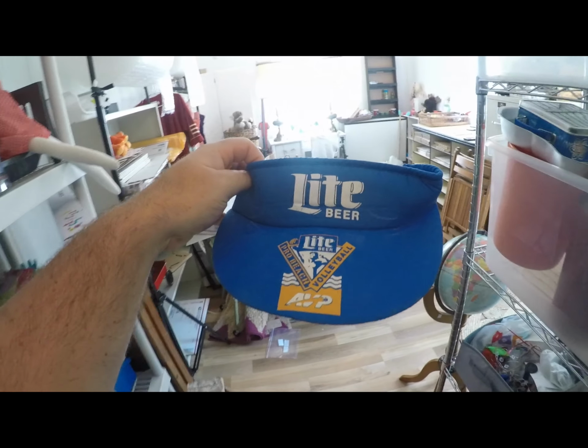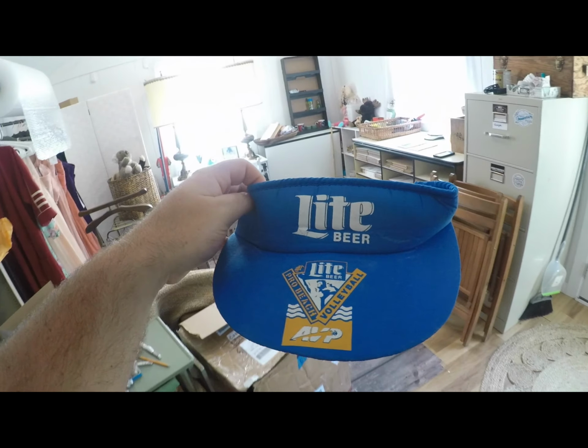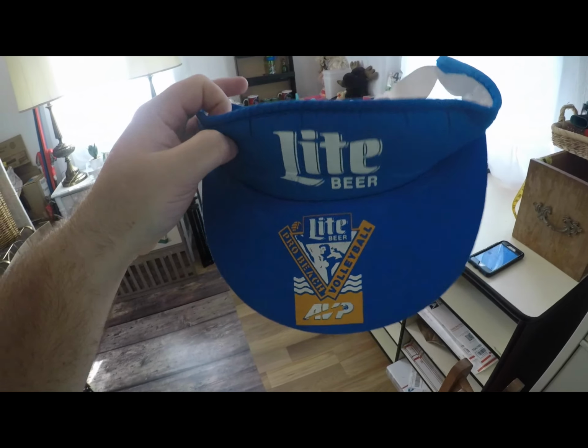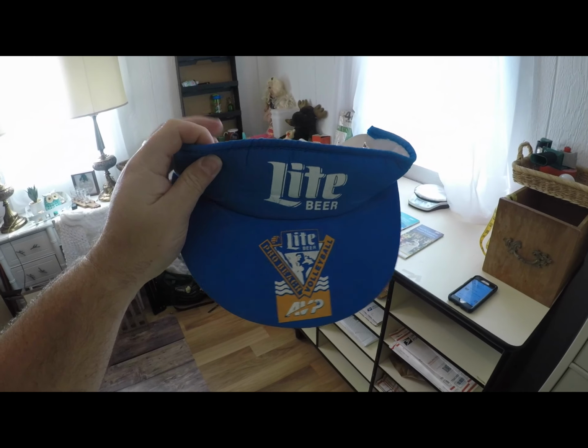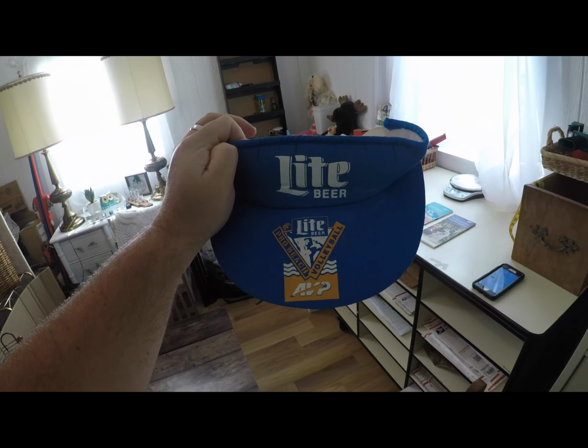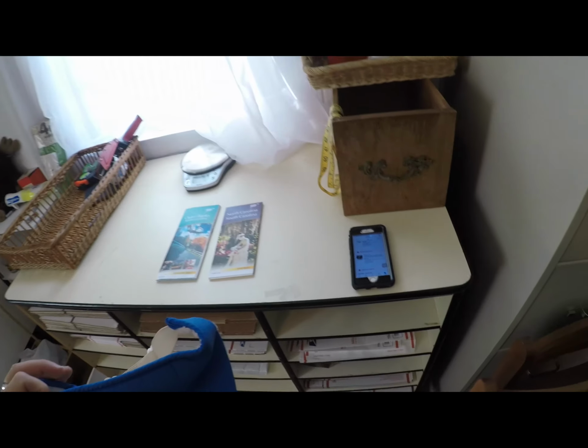So the next item for sale is a great flip by April, and it is a vintage Miller Lite visor. It's right here. Look at that, that's cool. Vintage visor, Miller Lite. She got this at a yard sale for 25 cents, and it just had a good vintage look to it. It was in good condition, definitely gave off that 80s vibe, and it sold